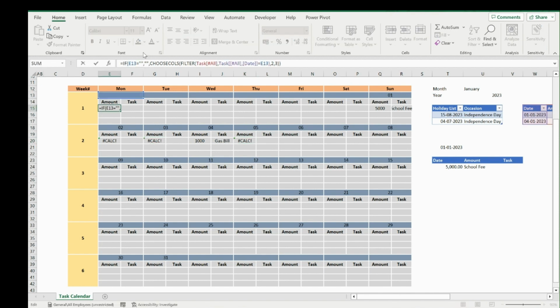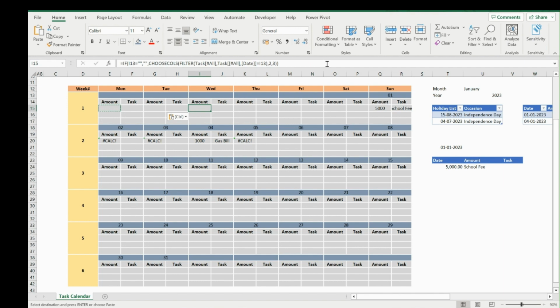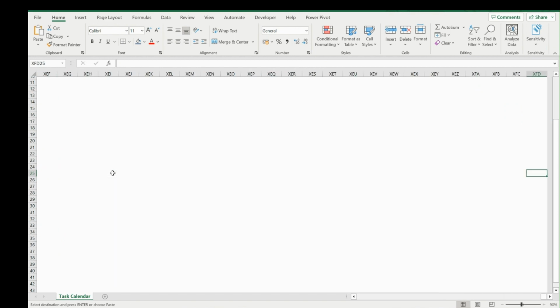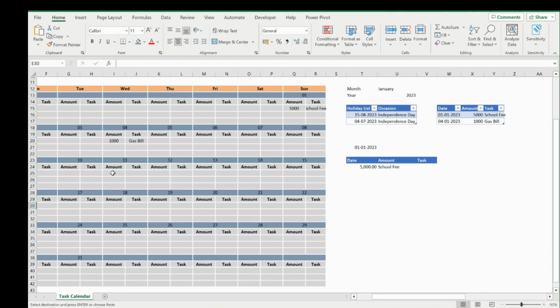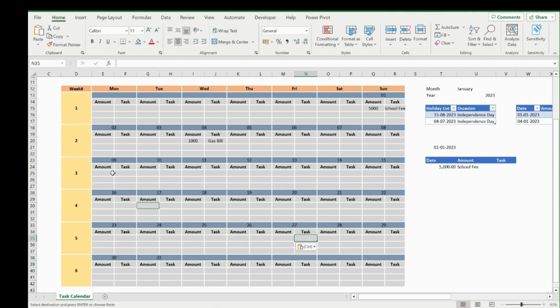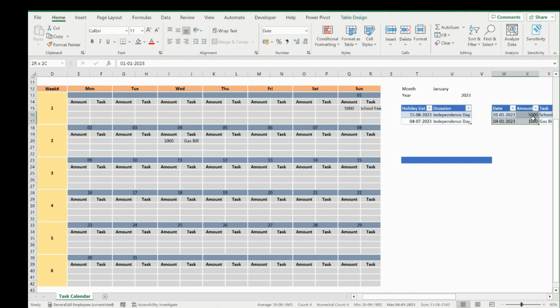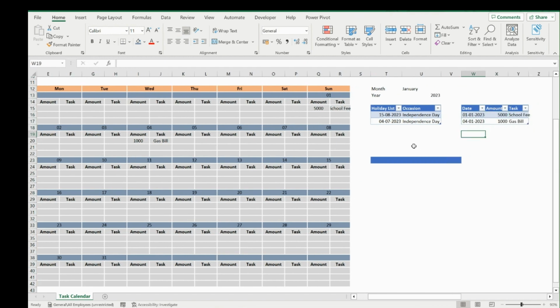What we will do is use the IFERROR function: if there is an error, give it a blank, close, Control C, Control V. Okay, now since we are done, let us do some basic testing over here. Let us copy the dates over here. Let us remove this also first. Control C, Control V, and edit it for the month of August,